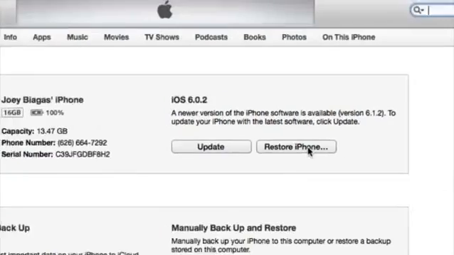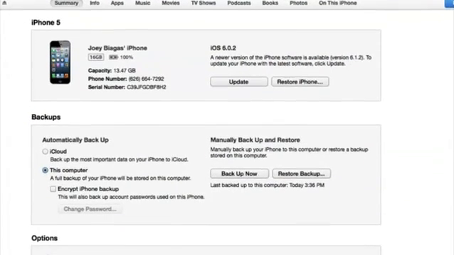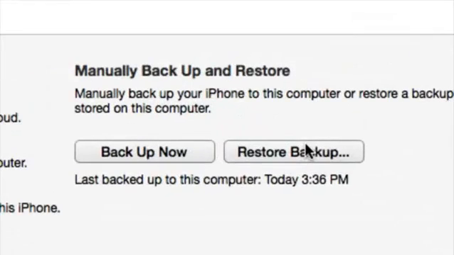Now, if you click on this Restore, this is restoring to the factory settings, to what your phone was previously before. So it's basically going to wipe it out. It's going to take out all the apps and start fresh. So the other option we have is down here, which is restore from backup. Okay, of course we can back it up now, but again, let's stay focused on the restore backup,